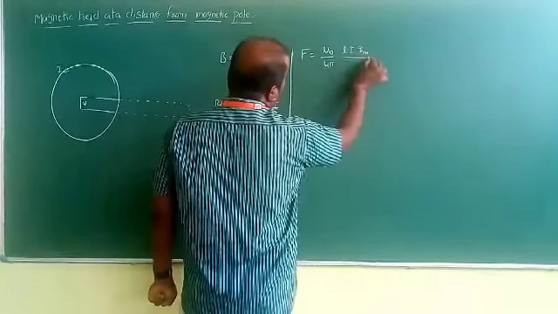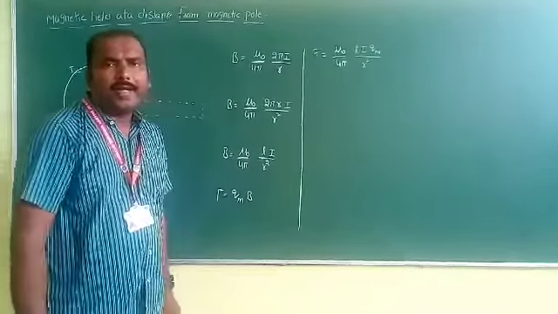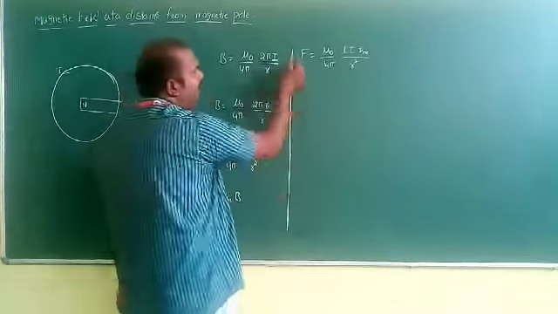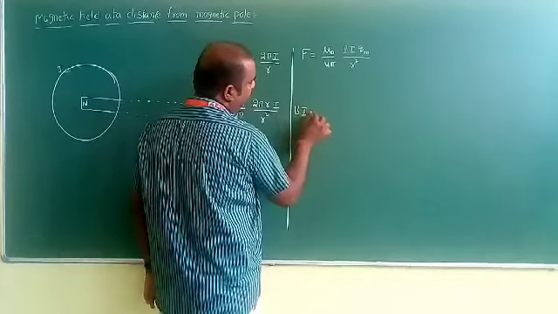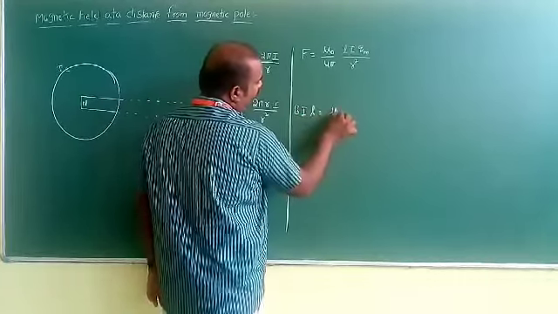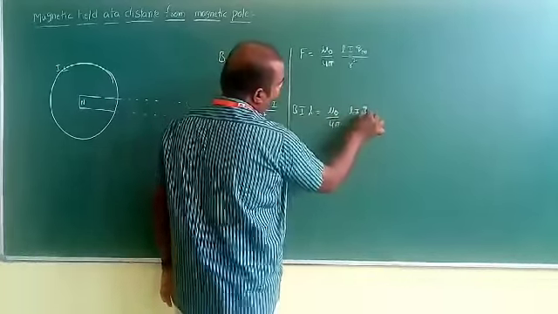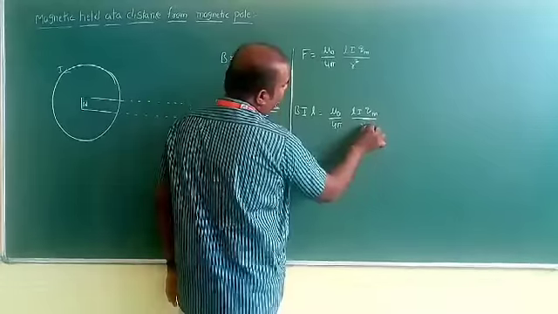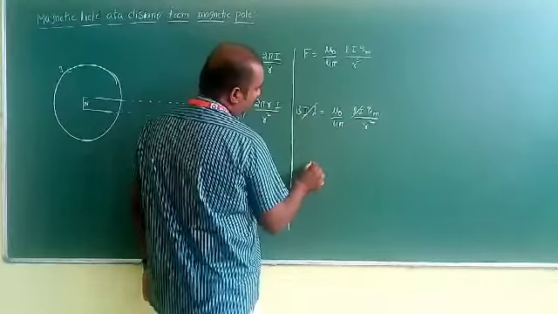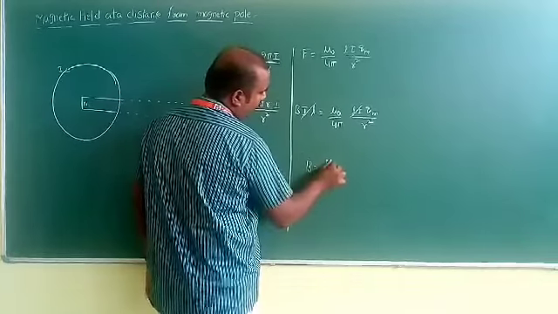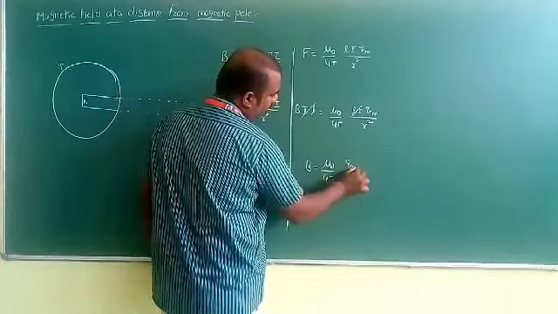QM by R square. Now from Newton's law, action is equal to reaction. So in place of the force experienced, we can give B I L sin theta. I can simply keep B I L is equal to mu naught by 4 pi into L I into QM by R square. This I L cancels, and finally we can get B is equal to mu naught by 4 pi into QM by